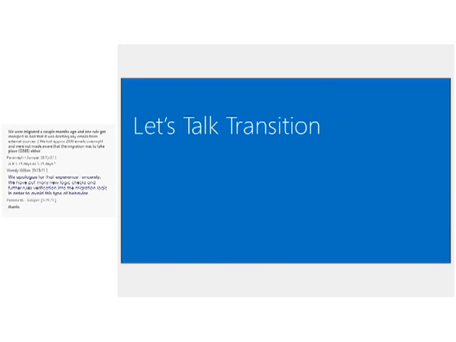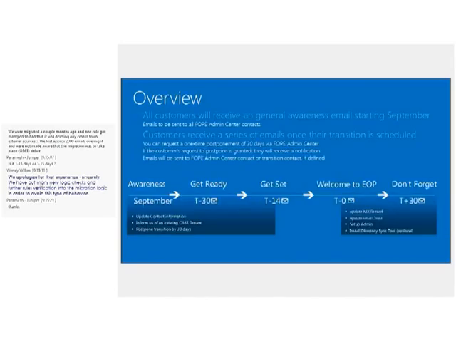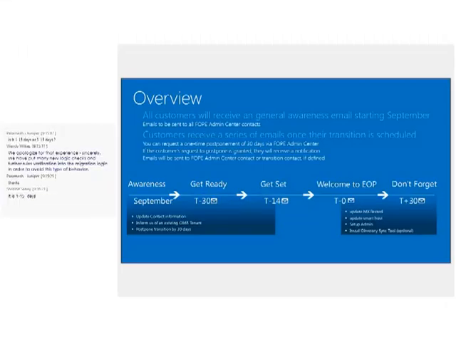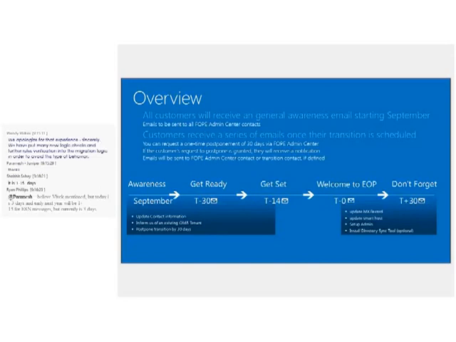Okay, so we'll begin with the transition details. A small overview of what the entire transition process looks like. Initially, when the team started to lay out the transition plan, they wanted to achieve two goals. The first was to minimize customer touch involvement, and the second was to never block a customer. There are a couple of things that the customer should do, but once the customer takes those actions, it will only ensure a smoother transition experience for them.